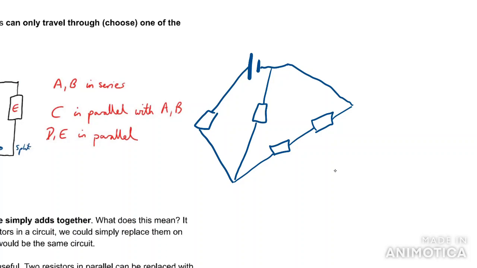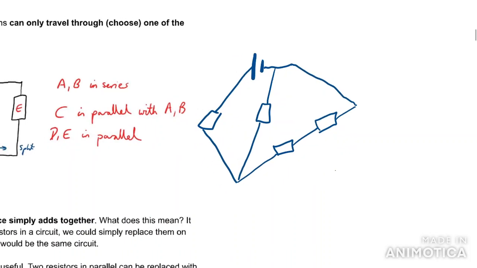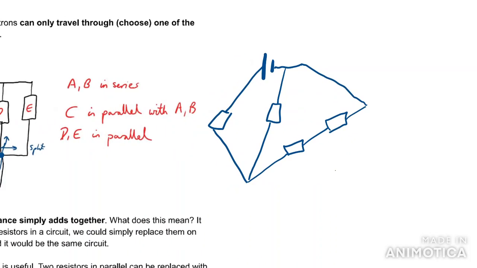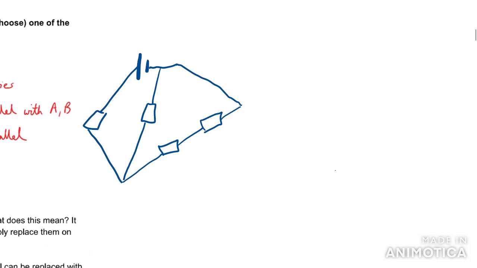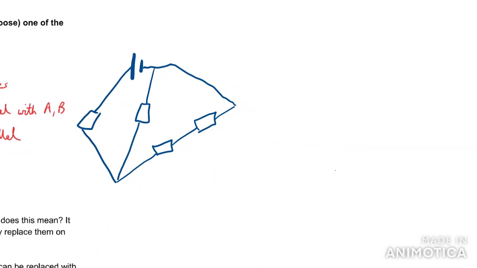This can be very confusing to try and do calculations on, but the actual geometry of the circuit doesn't matter. All that matters is that you keep everything in the same form in series and parallel. So if we just redraw this, what choice do we have? Well, when we come out of the battery, we've only got one choice. We have to go down that way and go through him. So when we're redrawing carefully, for sure I know that